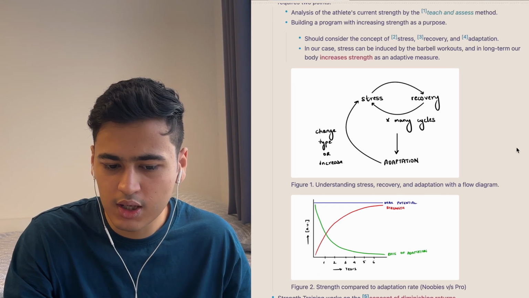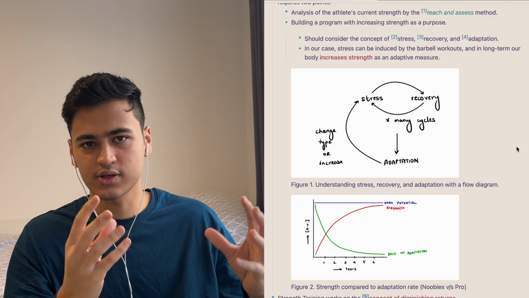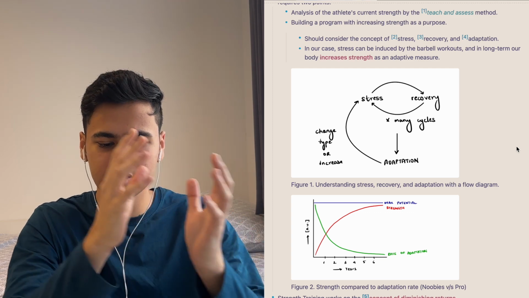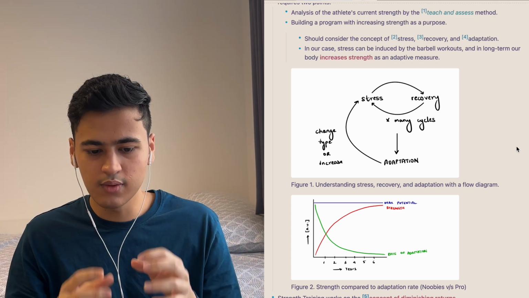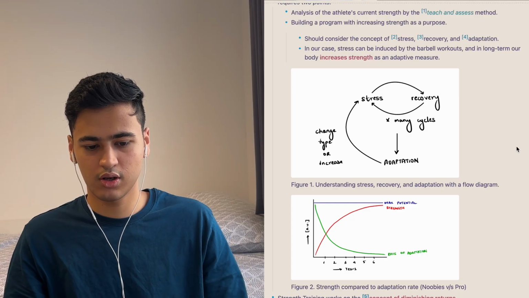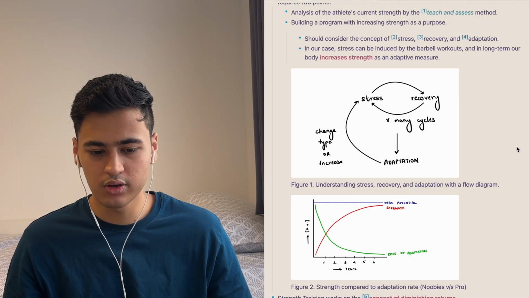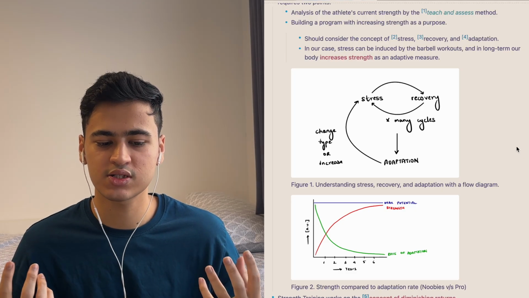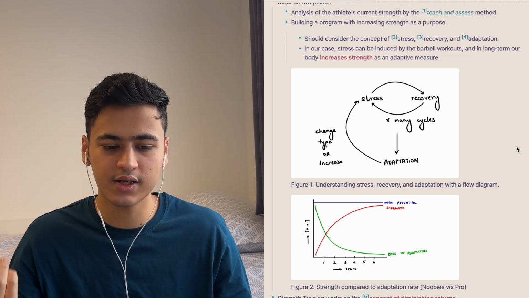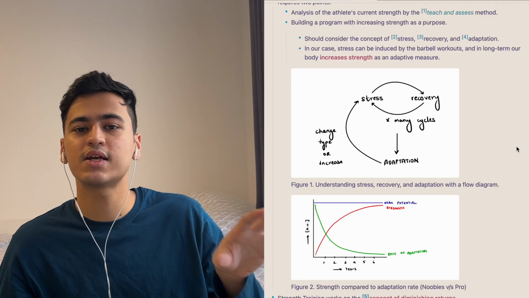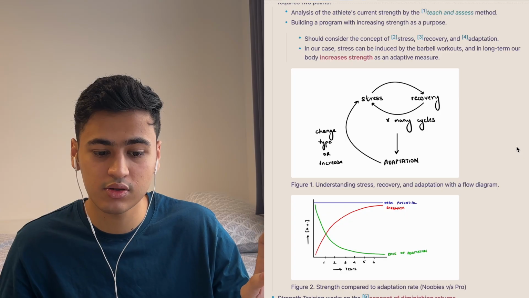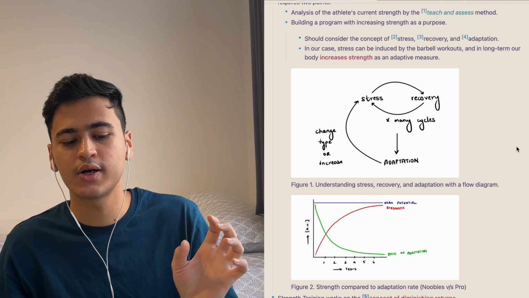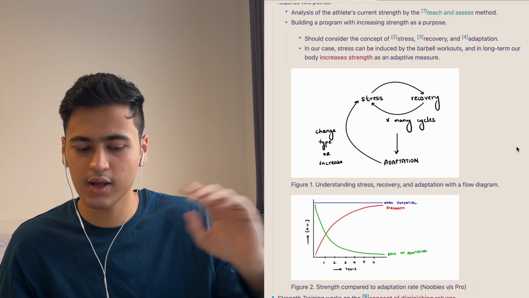The same thing we can understand in figure 1, which is understanding stress, recovery, and adaptation with a flow diagram. Here we can see that after some amount of stress, there should be some recovery, and after recovery, again the stress is induced, and if this is repeated for many cycles, then our body gets adapted. At this point of time, the stress will not work at all. And what should we do to change the stress and recovery cycle is basically change the type of stress or change the quantity of stress. Again, the quantitative versus qualitative measure of stress will come back in the next video as well.